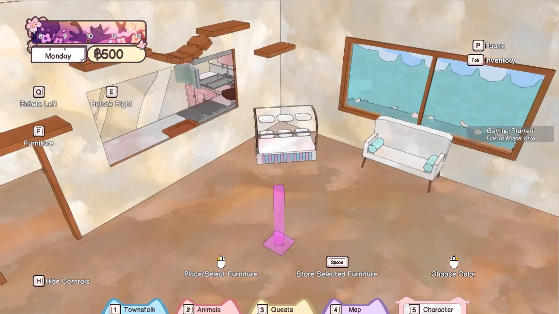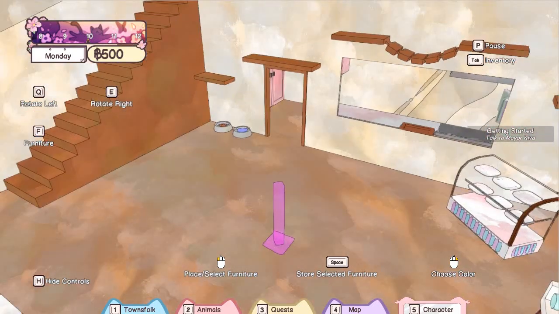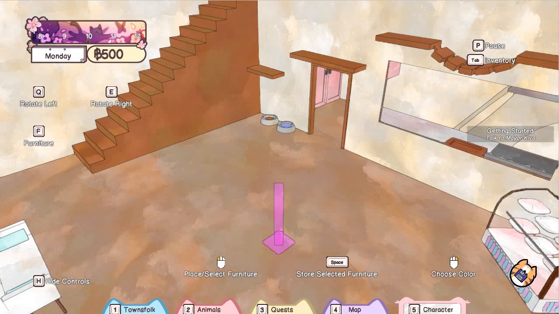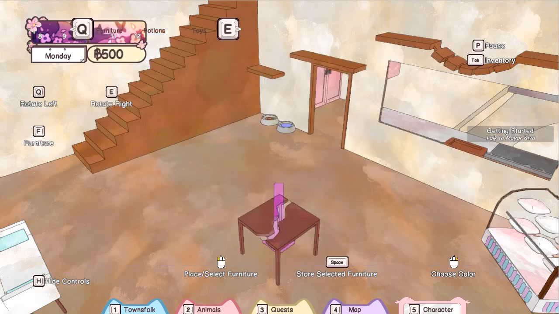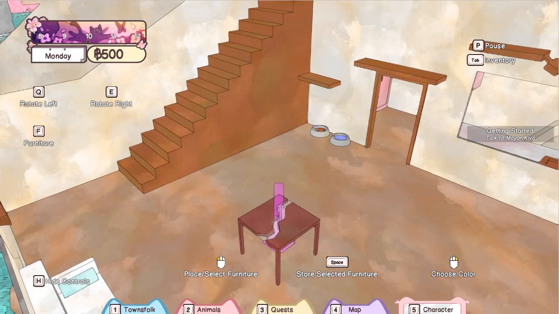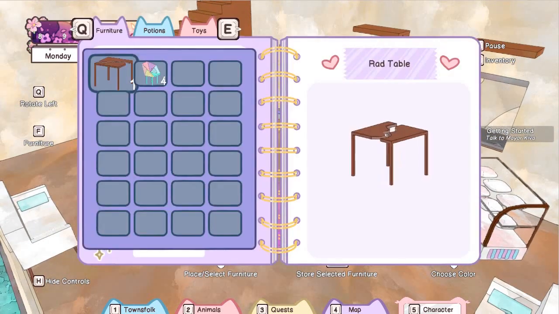Now we can put in some tables. We have lots of room now for tables. We got a couple sofas, and now we got enough room for some tables and some chairs. Oops. So, tab for the furniture, click, add, set, got some chairs, tables. And I don't really like these tables, they're not my favorites, but